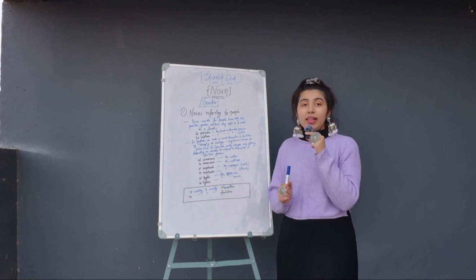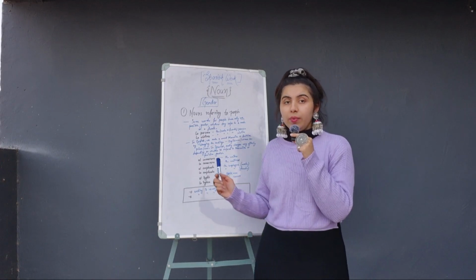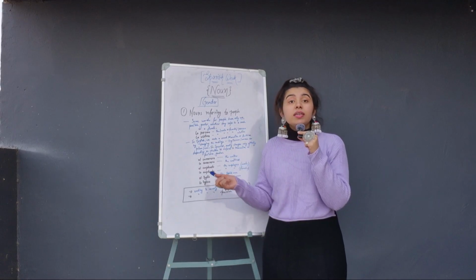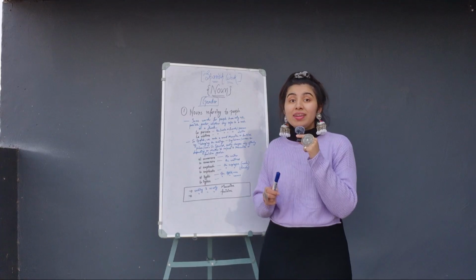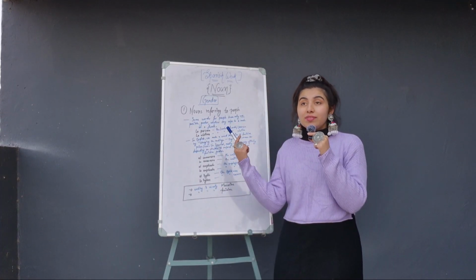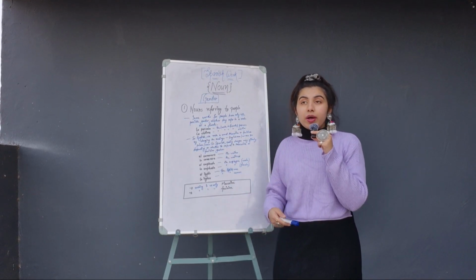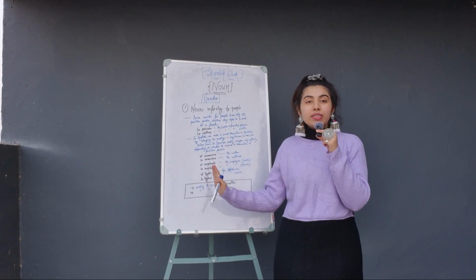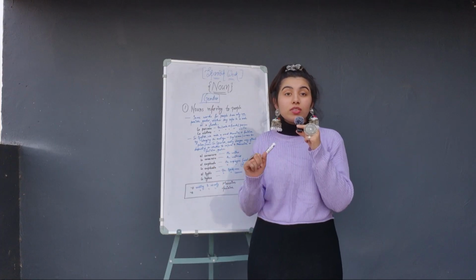Let's take another example. El inglés is the Englishman. La inglesa is the English woman. So here is a very important point that you should remember. It will help you determine the gender. Most of the words end like this, but I'm going to tell you so you'll be able to determine the gender.